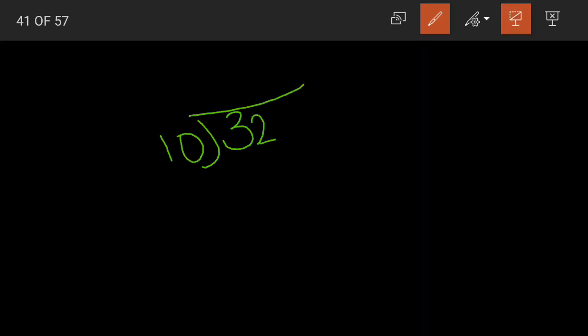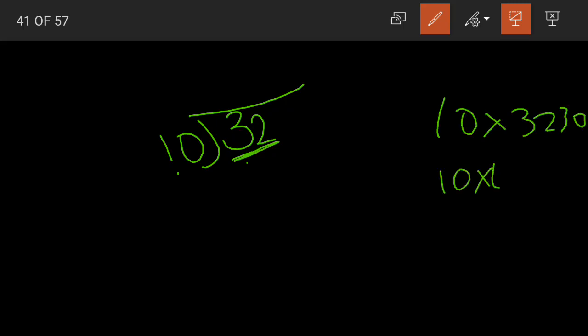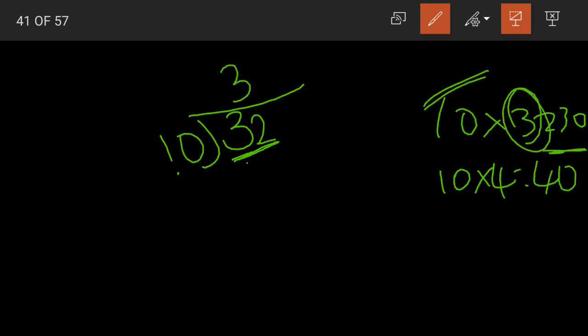32 divided by 10. Again, if we take only 3 it is less than our divisor. We cannot divide. So taking two digits together. In our 10 table we have 10 3s are 30 and 10 4s are 40. Now 32 comes between these, going with the smaller number. 10 3s are 30. So 3 in the quotient, 30 below our 32. When we subtract, 2 will be our answer.